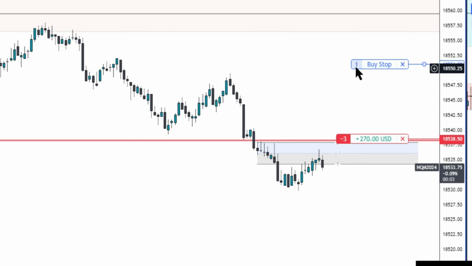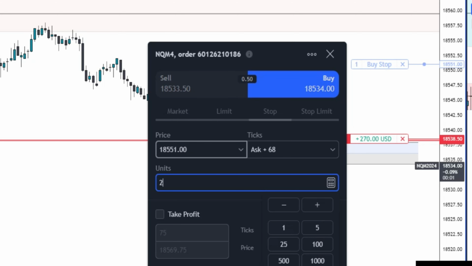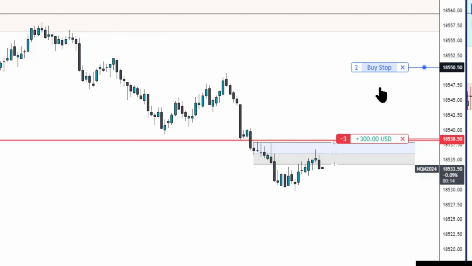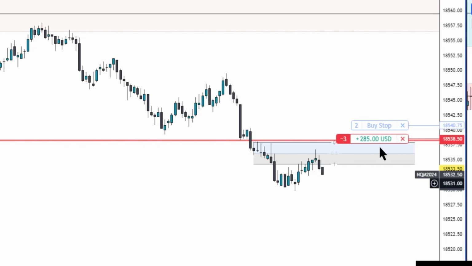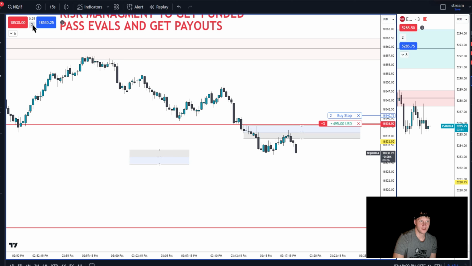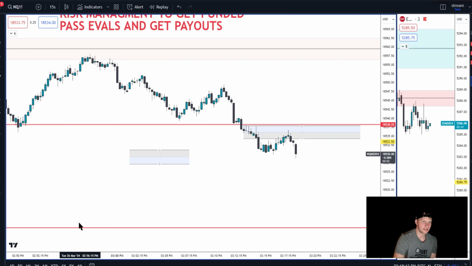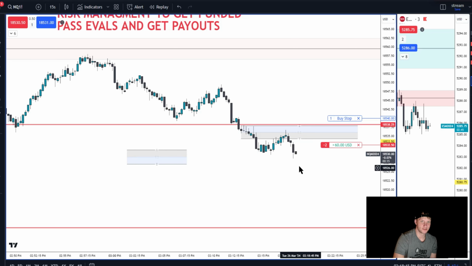And then now I'm going to enter 2 more in the evaluation. So now I will not allow my stop to get hit. I won't do it. Beautiful. All right. Now we're going to want to go ahead and take one of these off as it breaks that low, because we're scaling out. We're being responsible. Should get a nice flush here. Beautiful. All right. I'm going to go ahead and exit one of these as well.